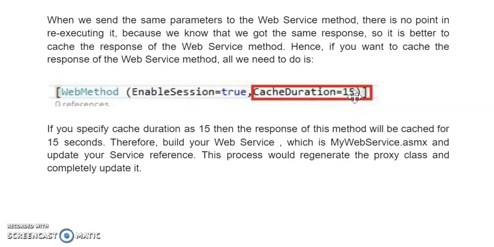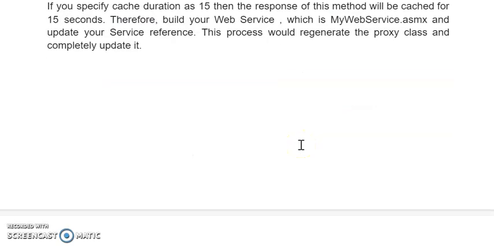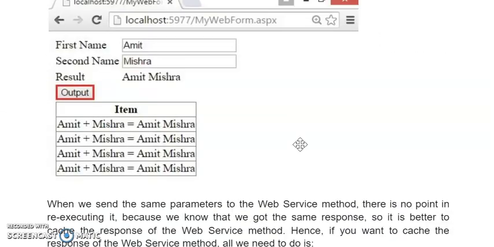Once the 15 seconds are completed, if you want to refresh it, you have to click the button and you will get the new data; a request will be sent to the server and the server will respond. And if you click that button again within this cache duration, within the 15 seconds, it will not send the request to the server. The message will be the same. The browser will be just like static for these 15 seconds, giving the same response. That is the use of cache duration.